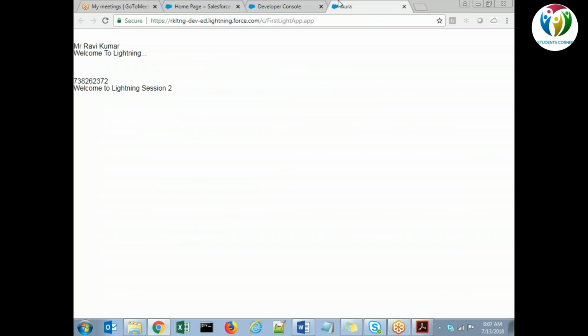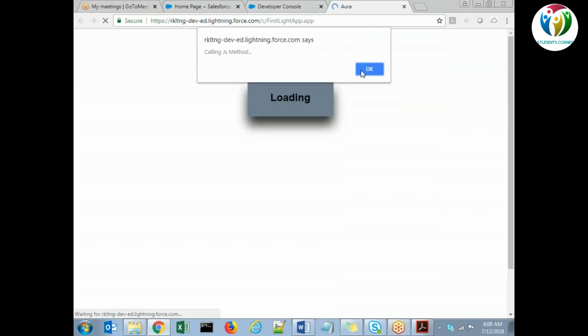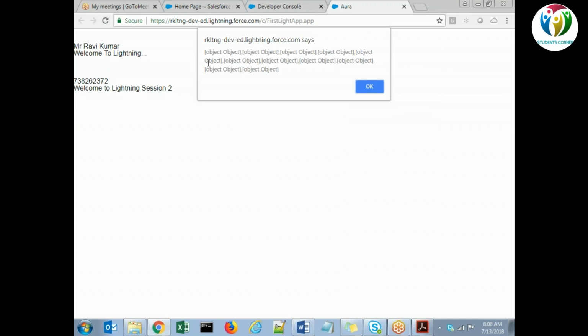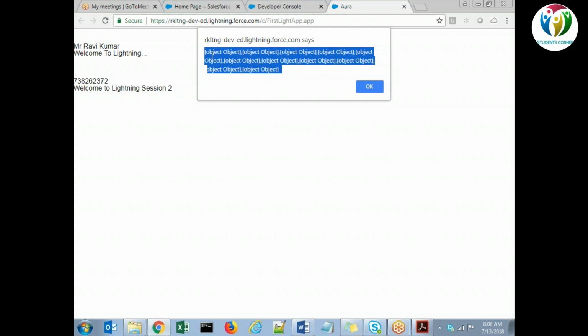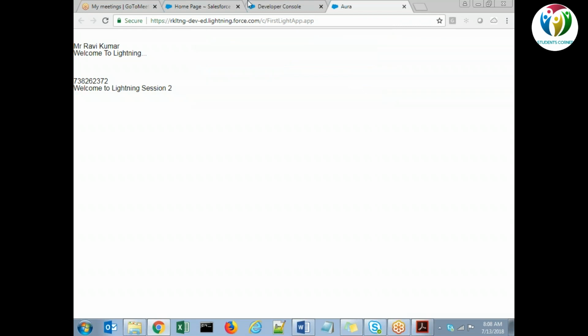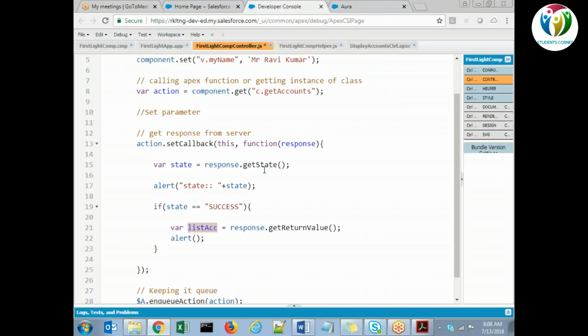Okay. Now our next work is to send this response back to the component, right? So in the component itself, we need to create one variable. I think we have already created it. So we'll be using this variable, and we will be setting this response. Earlier, I told you that if we want to send some response from the component, we need to set that response. Here we have done send response to the component via variables. So here we will be setting this.